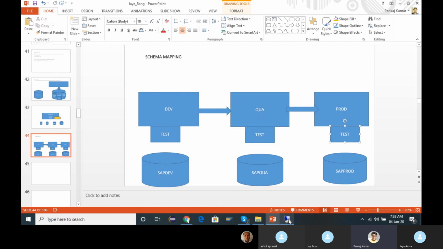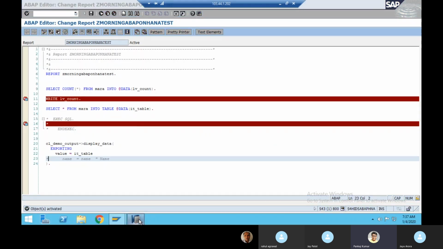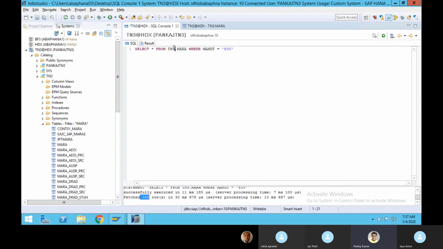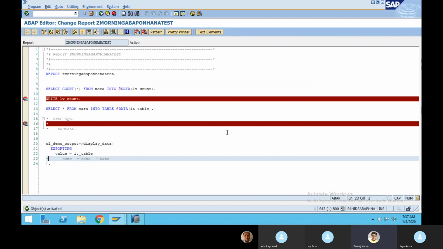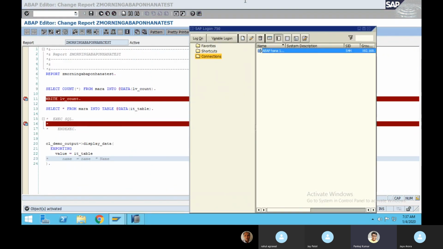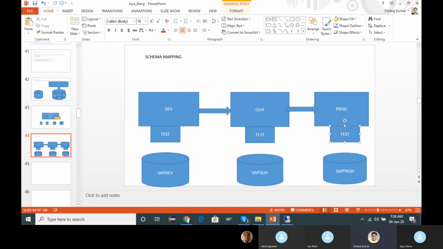When you have written some query over here, instead of giving the schema name, it is going to give test. Test is going to be understood by the other system. When your transport moves into another system, that means test is connected with SAP quality, so automatically your query will convert from SAP dev to SAP quality, because that is the power of this alias.